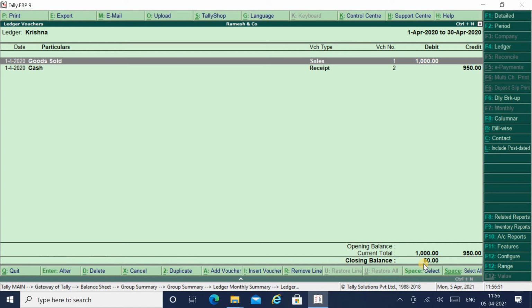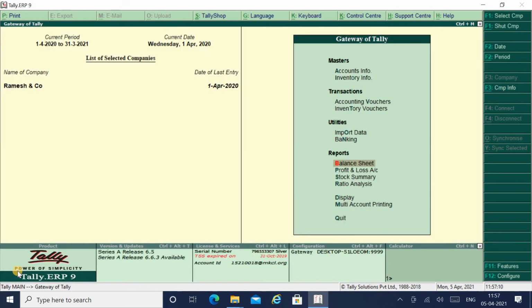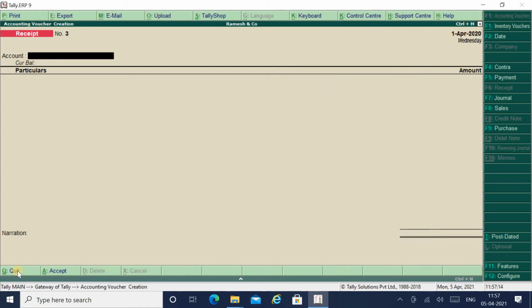Or while making the payment, we both agreed that you settle the amount to rupees 950 and 50 take it as discount. So whenever you are receiving the money less than the transaction, then that outstanding balance will be your discount paid. It can't be your discount received because you received less money than your transaction.